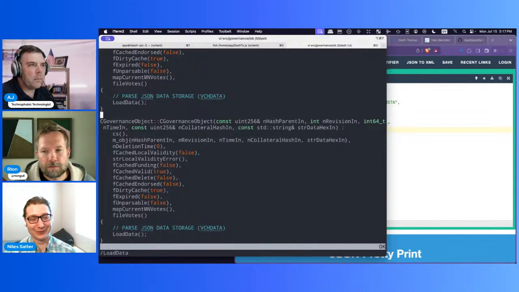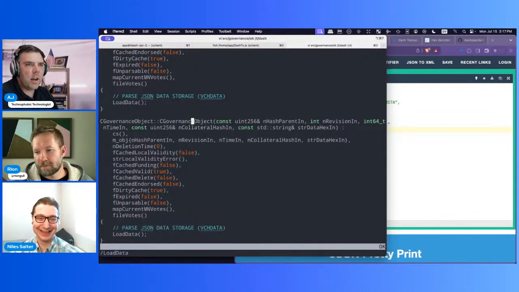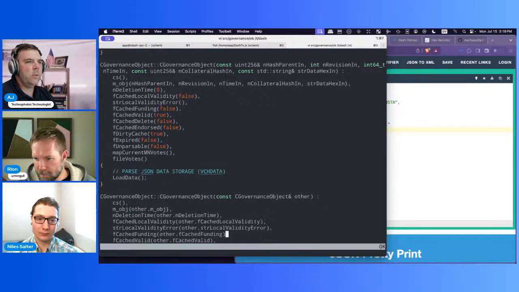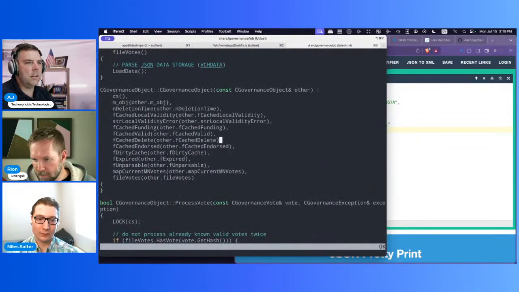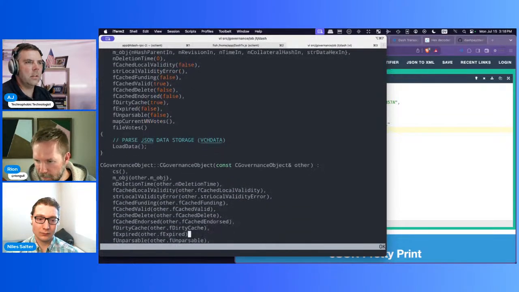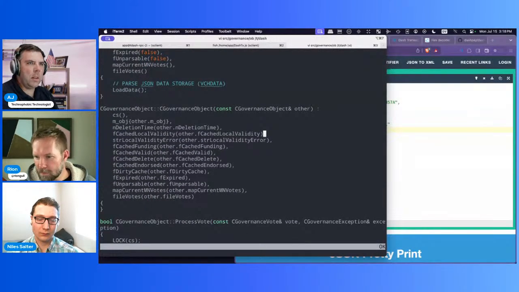So. Let's see, C governance objects. I cannot read. This does not have a return. Oh, this is a constructor. Yeah. This is a constructor again. And C++ can have lots of overloads, so you can have 10 constructors. And I think that's what we're looking at, is there's just different constructors. Okay, so this one would be the one that we would want. So once it's been parsed,